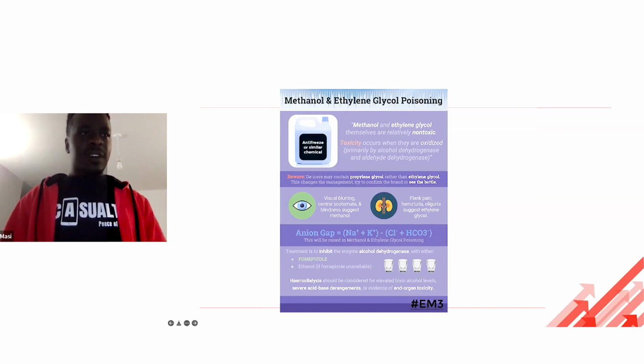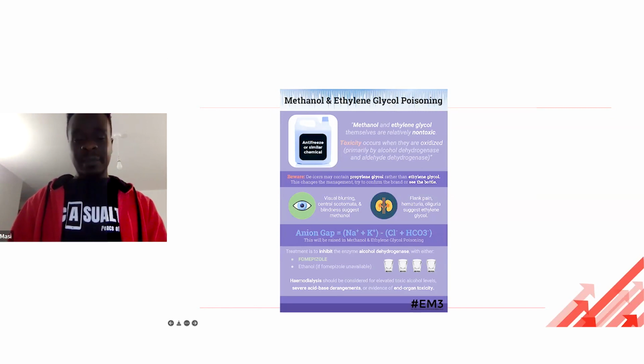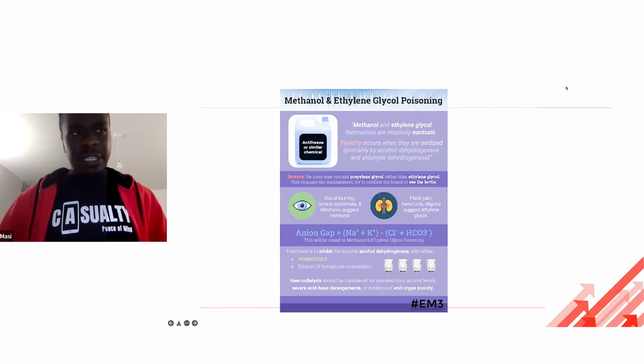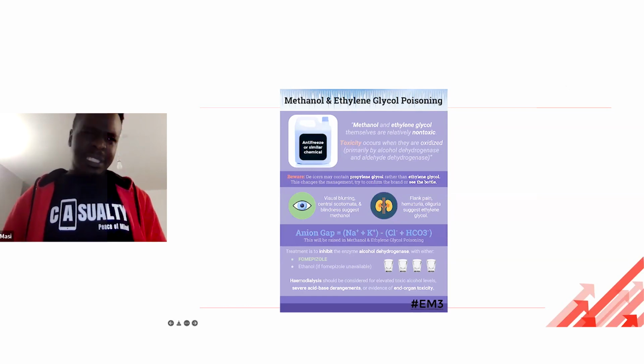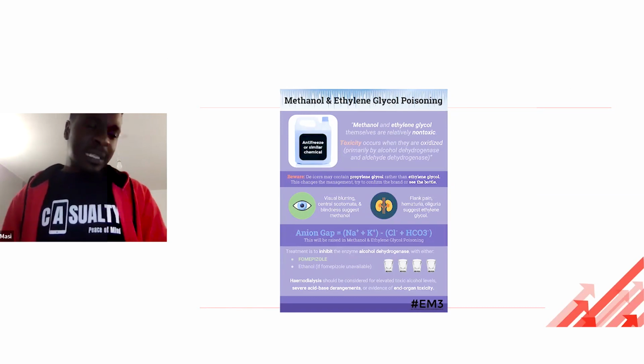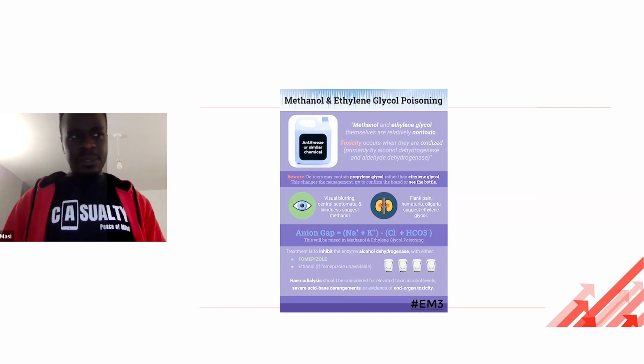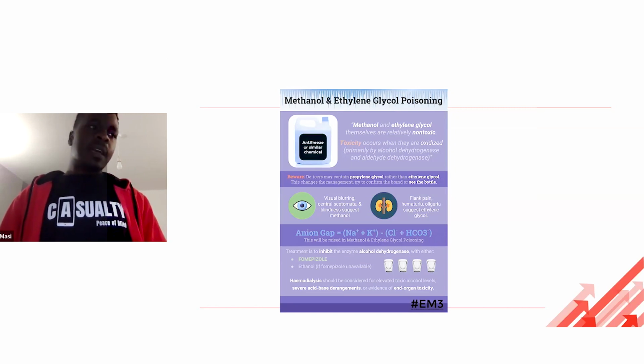Remember, ethylene glycol is sometimes found in hand sanitizers, and this is a poisoning we saw especially during the COVID pandemic, when a lot of children presented with it, so yes, it can also occur in that age group. Remember, some of the symptoms will be blurry vision, scotomas, and flank pain as a result of kidney injury, hematuria, oliguria. And when you do a blood gas, which is not a very available resource but quite a useful one, you'll find a high anion gap metabolic acidosis, which is quite pathognomonic of alcohol and ethylene glycol poisoning.